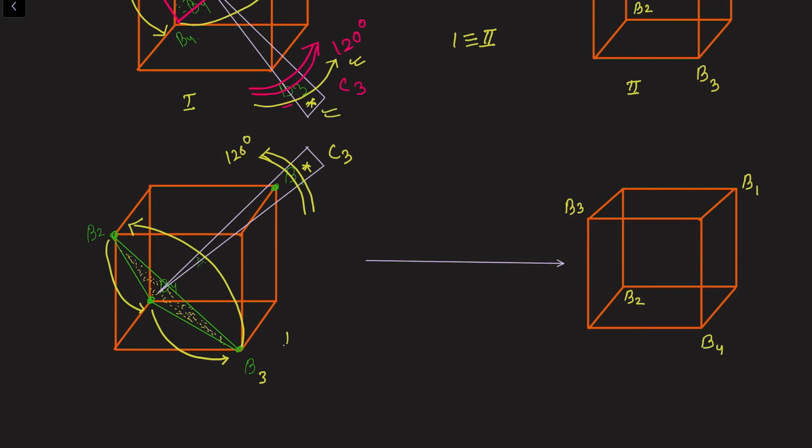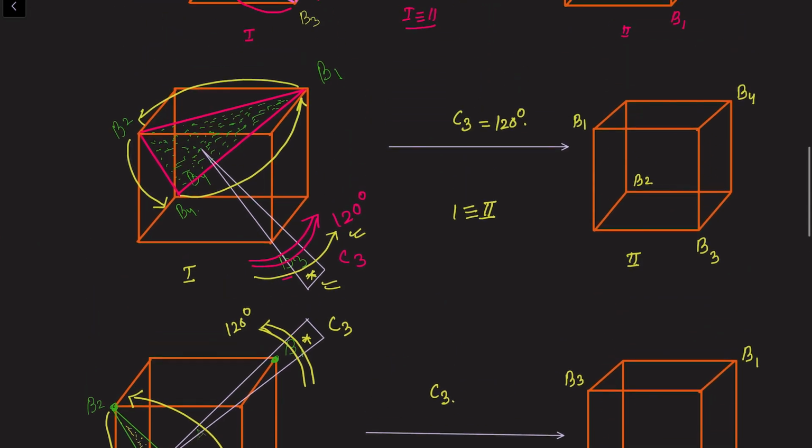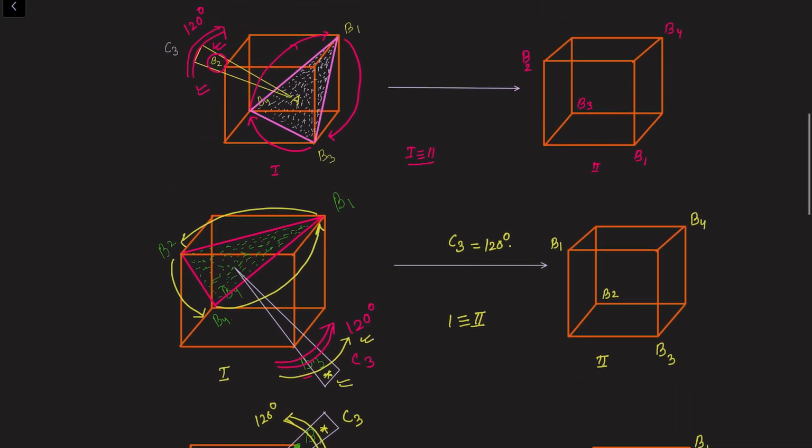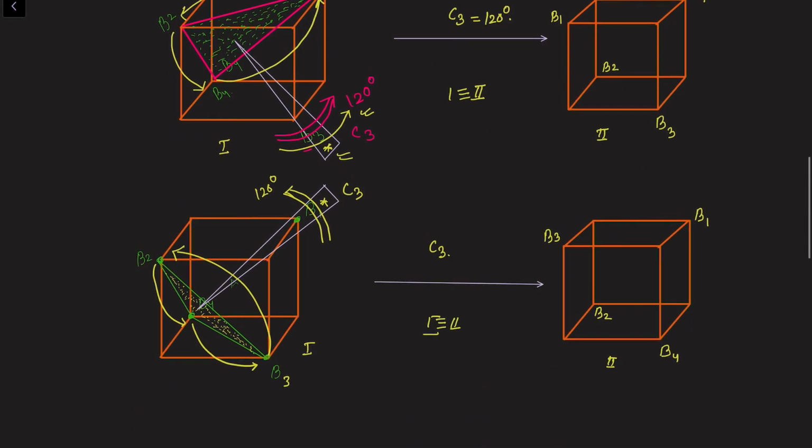right? So again, structure number 1 and structure number 2, both structures are equivalent to each other. That's why this is a C3 operation, and this is a proper axis of rotation. So now I hope everyone understands how to show the presence of all four C3 proper axes of rotation in a tetrahedral molecule.